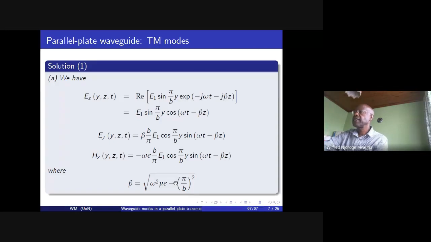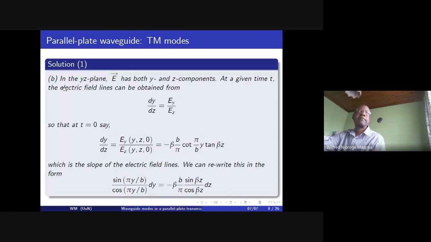For us, kc is that for n equal to 1, and therefore we have it as pi by b. So for part B, in the YZ plane, E, the electric intensity, has both y